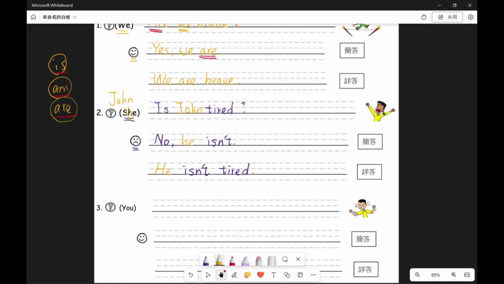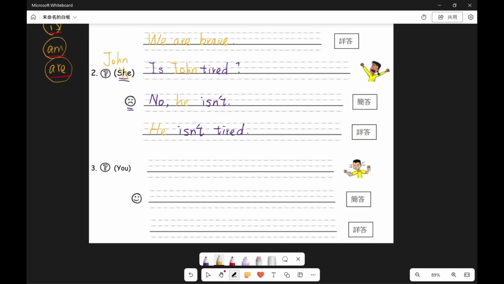Now moving on to number 3. So let's take a look at number 3. Number 3, the person is you, right? Now be careful because when you say are you, the other person has to say I am. So when you say am I, the other person has to say you are. So it's the opposite. Okay, so let's talk about this. You, this is are, because we need to use you with are. So start with the be verb, are